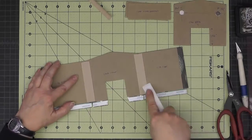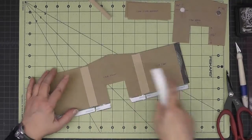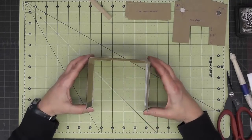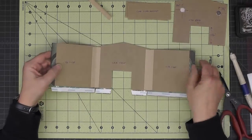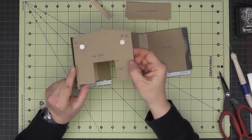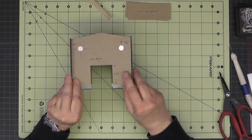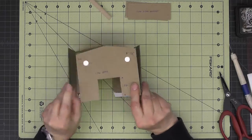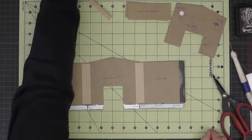And give those a good burnish. Okay, so you can see how our cab is going to come together here. The reason we wrap these edges is the back is actually going to sit inside just a little bit. It's going to be about 1/8 of an inch inside of that back edge. And in order to give it something to rest on, pardon my reach here,